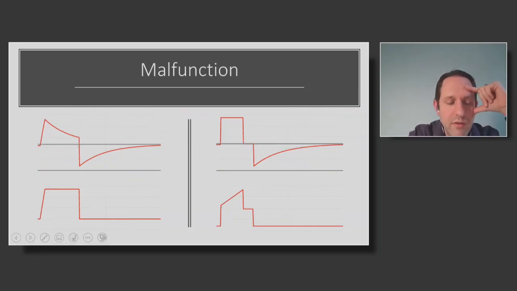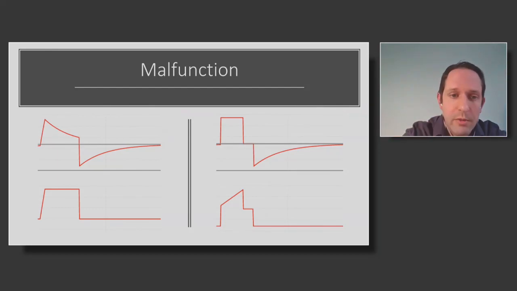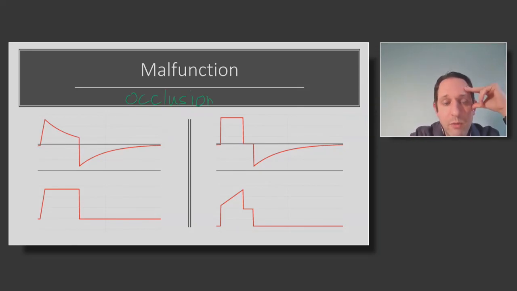Now, a malfunction, of course, is not so hard to distinguish because most ventilators will have specific alarms for malfunctioning. Whether it's an inability to exhale gas, it will alarm. So probably the worst one you could see is occlusion. And if this alarm happens, this is a pure malfunction. And usually, if it's pressure, you may still see your pressure, but you'll get no volume going into the patient, or very little. It may